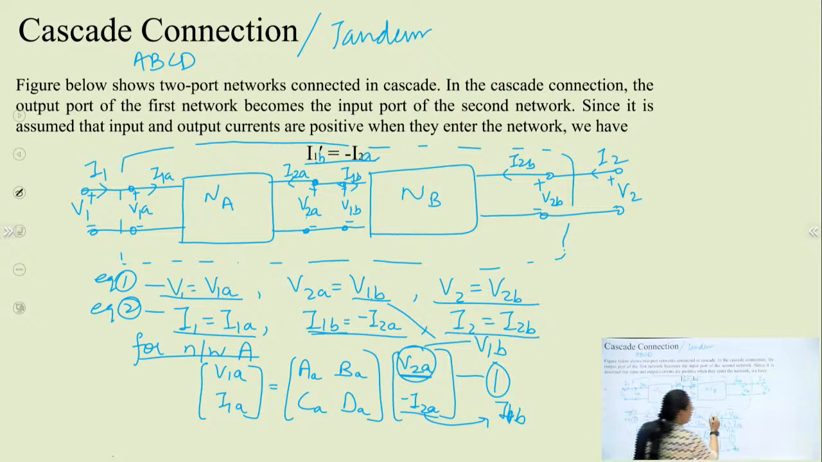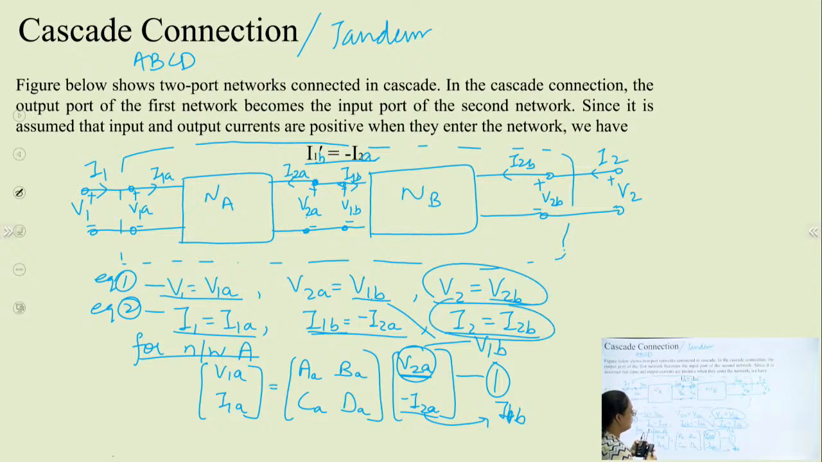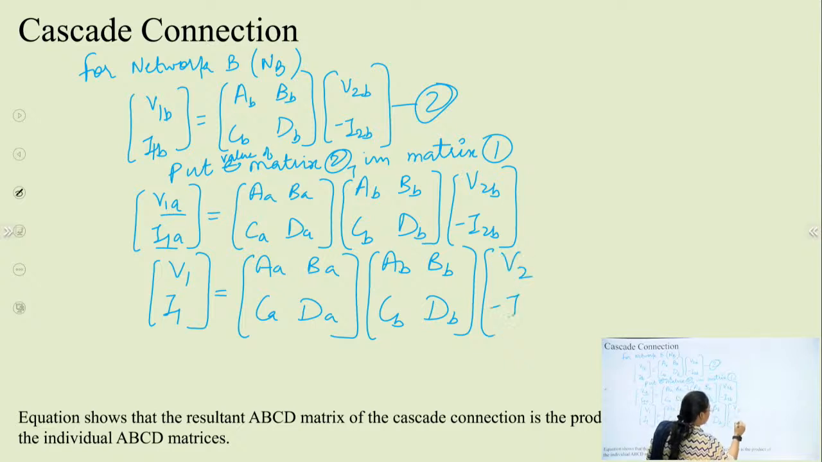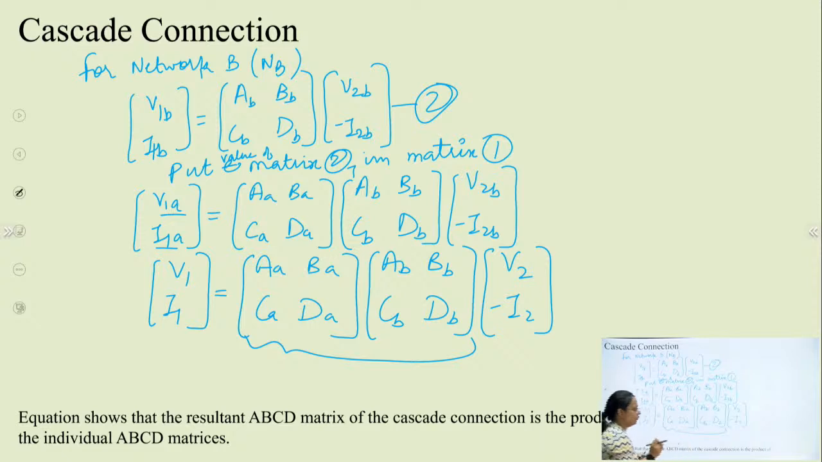So I am using these two equations in that matrix. V2B is written as V2 and I2B is written as minus I2. So V2B की जगह मैं लिखूंगी V2 और ये क्या हो जाएगा minus I2. So you can see the overall equation, यानी कि V1 I1 is a function of V2 minus I2. So when we are comparing this equation with the standard equation of ABCD parameter, what I am getting, the value